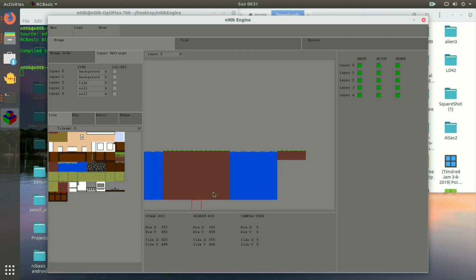And another thing too, while we're in this editor, if we want to scroll over, because we can scroll over to the full size of the stage we created, which is 100 by 100 pixels. So to be able to scroll, just have your mouse inside of the stage area and use the arrow keys to move around. So with that, we're going to go ahead and then we're going to add, well, I guess we'll go